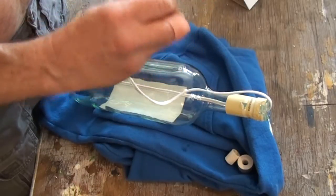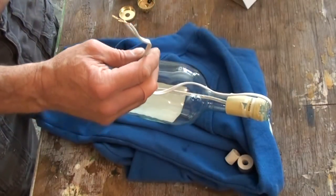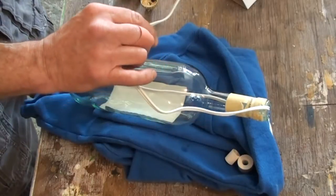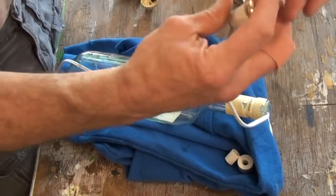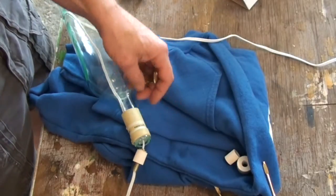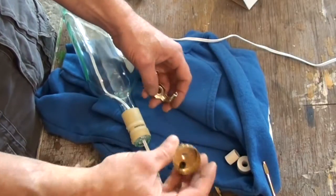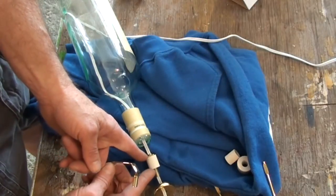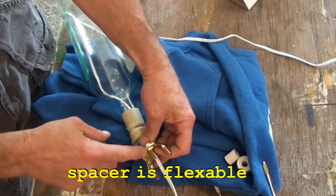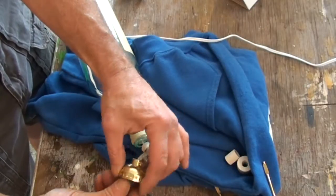So the wire goes through there first. Pay attention to the picture on the back of the instruction sheet. Then it goes to this metal plate, so that it faces downward. Lamp harps come apart by squeezing, and we get the base. So what we're trying to do is squeeze everything together between that lock nut and the base of the socket to compress that spacer to fit into the bottle cap. So we want to get everything on that's supposed to get on. Lock nut, spacer, the metal cap, the base of the lamp harp, and then the base of the socket, of course, with the lock nut